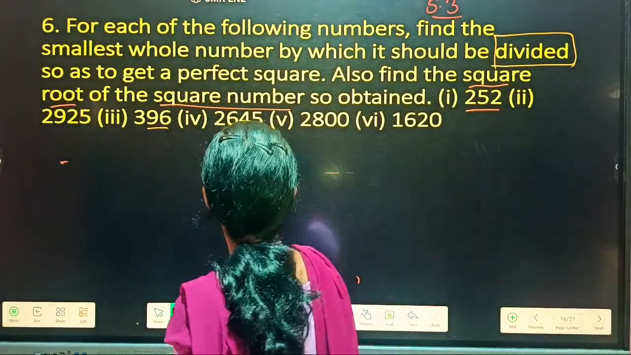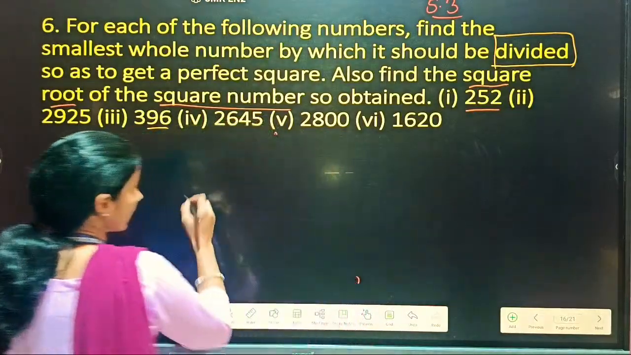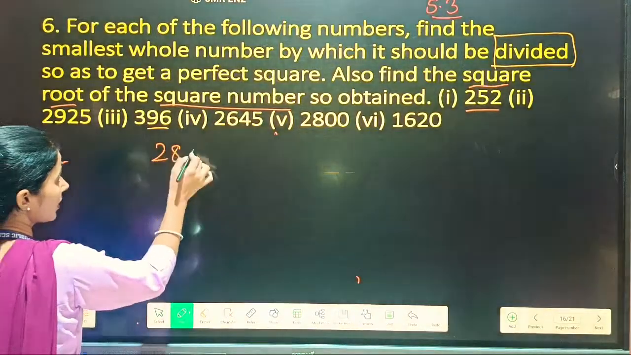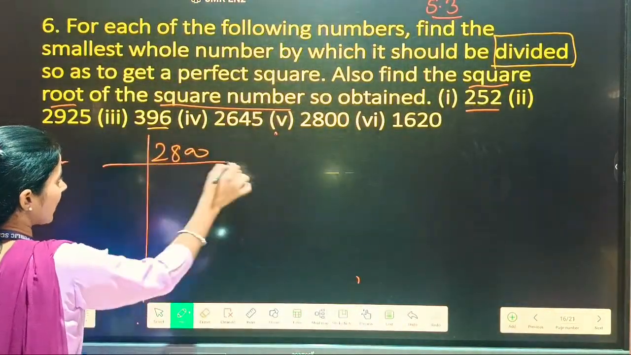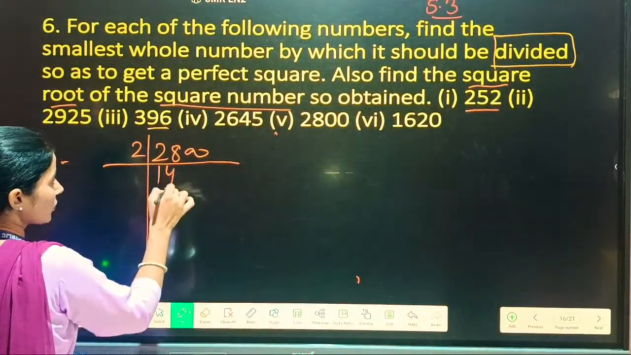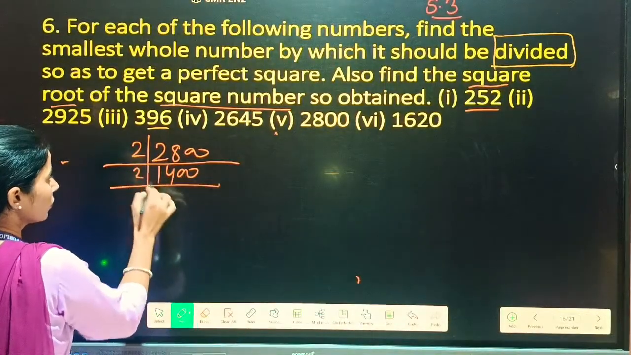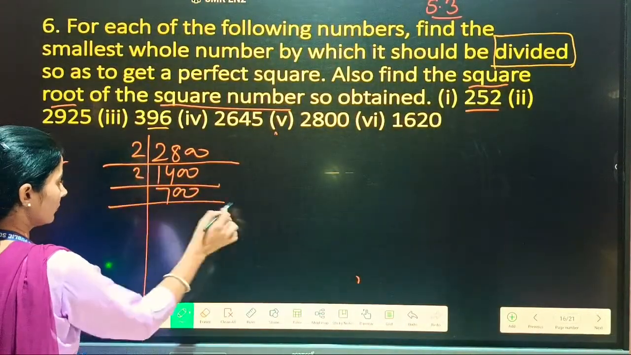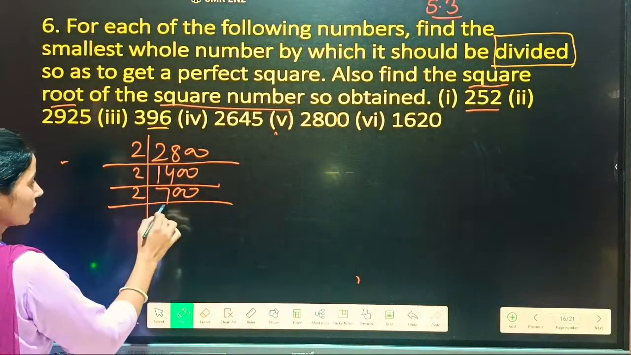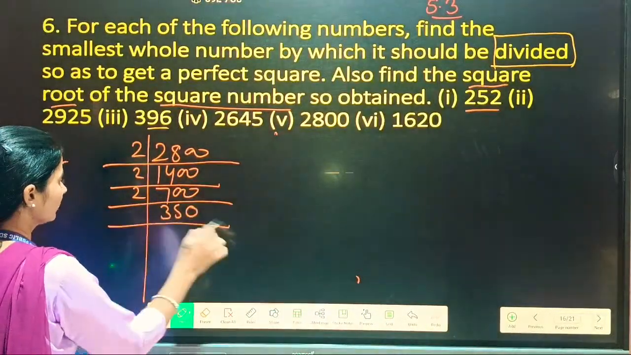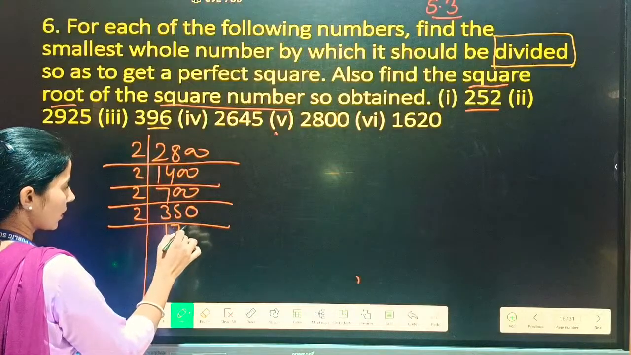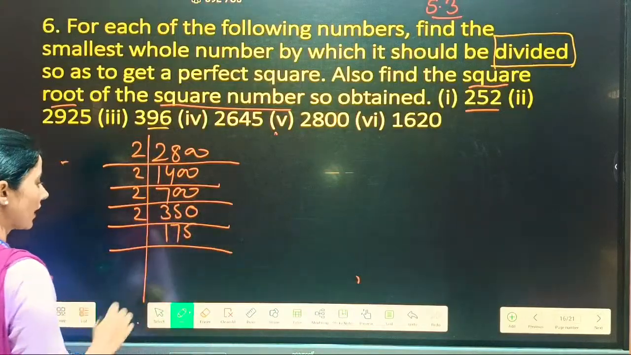Next part is 2800. Fifth part is 2800. Factorize it. 2 2s are 2, 2 4s are 8, 0 as it is. 2 7s are 14, 0, 0 as it is. 2 3s are 6, 2 5s are 10, 0. Then 2 is 2, 2 7s are 14, 2 5s are 10. Now this number